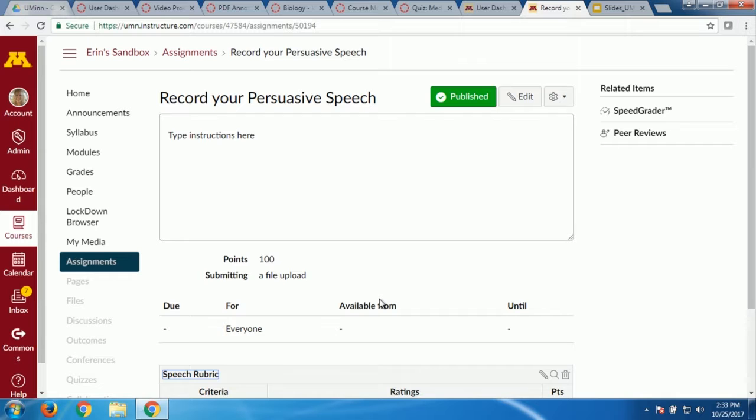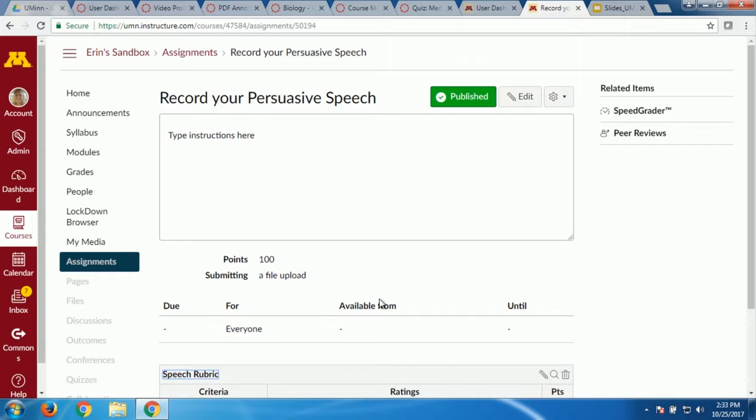Can you modify the rubric after that? You cannot. It's set. You will not even be able to access it until you're in the SpeedGrader. So you cannot edit the rubric once you've done that. It has to be ready to go. Correct, Turnitin has its own. Right, if you're using Turnitin rubrics, yeah, you can definitely use it through that. It's just I know people still like the Canvas clicking rubric. That's where we get that question a lot.